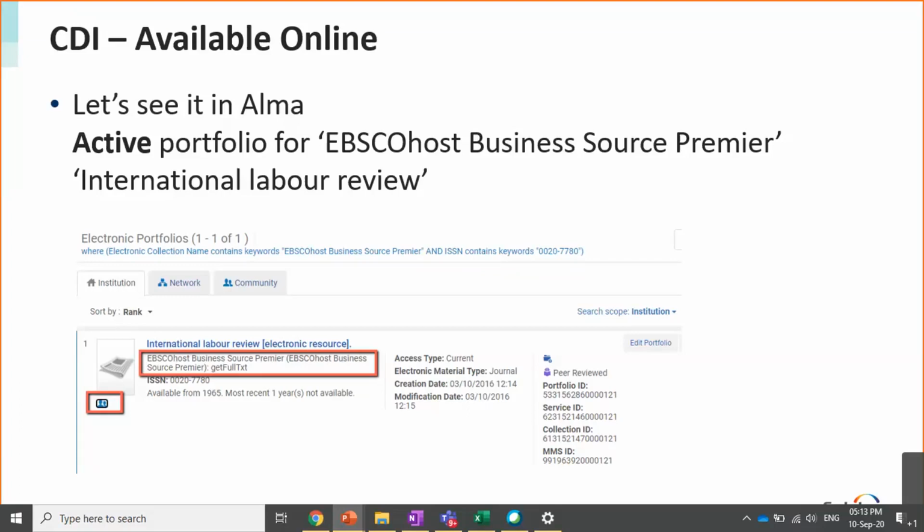Because this journal is active through EBSCOhost Business Source Premier, CDI knows to mark the article as belonging to a journal to which you have access, through the EBSCOhost Business Source Premier, which is active in Alma.